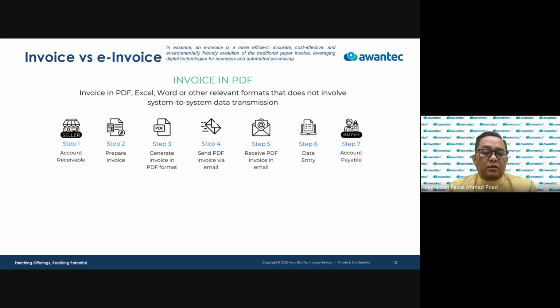And of course, when you talk about manual, a lot of errors can happen. For example, when sending the PDF invoice, maybe there is a wrong date, billing information, or amount. The practice now is just to send back a new invoice with the corrections. But moving forward, when we talk about e-invoice, you cannot do that anymore. Any invoice that has been validated, you have 72 hours to ensure the information is right. Otherwise, you need to change it with a credit note, debit note, and so on. So this is some of the business process that is going to change.